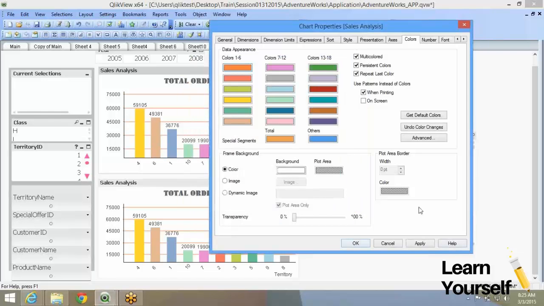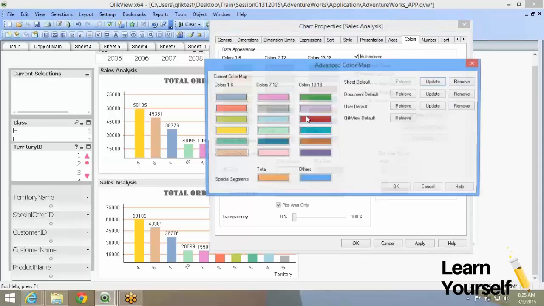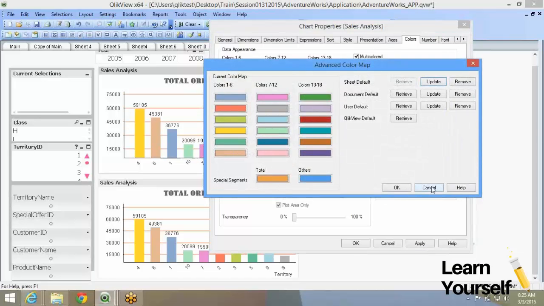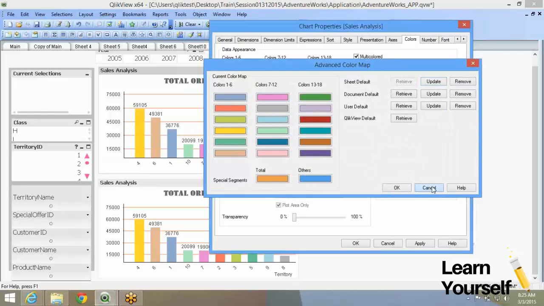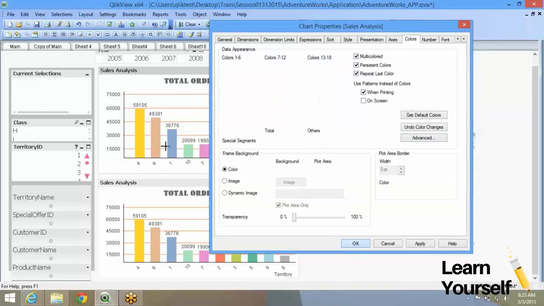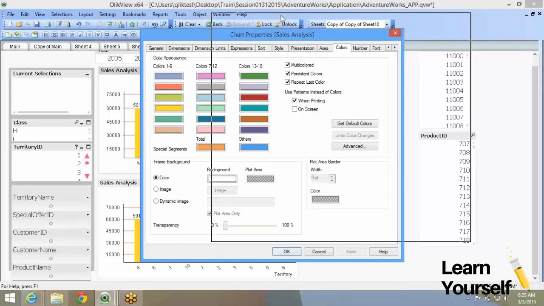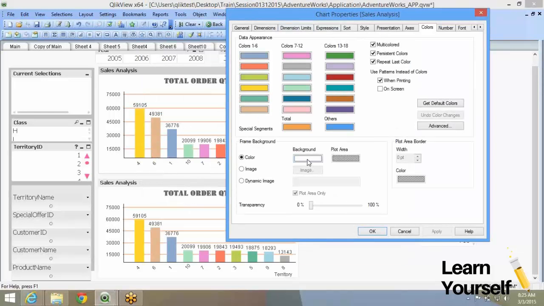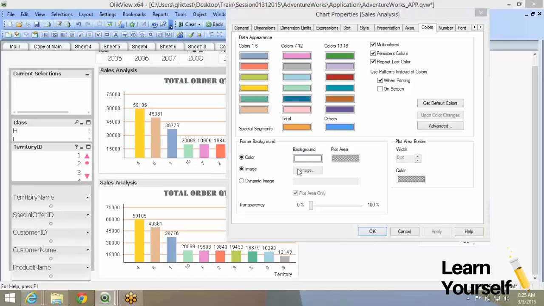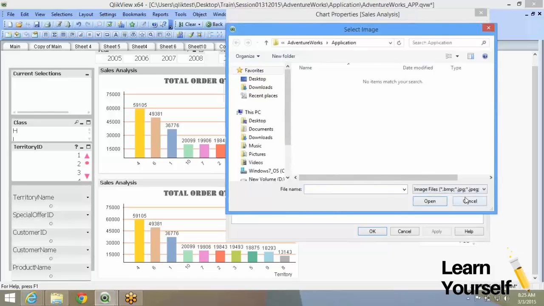Now you realize that you want all the default colors. Click on default colors, and it will bring back all the colors to the default. Along with this, there's the background. Now background is two or three things. One is color, so you can choose a color and you can choose the plot area color. Image, if you have an image, you can